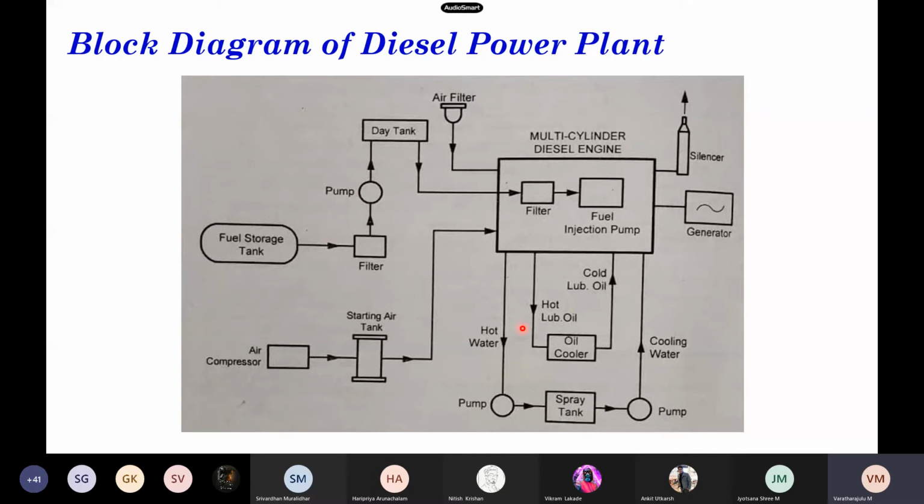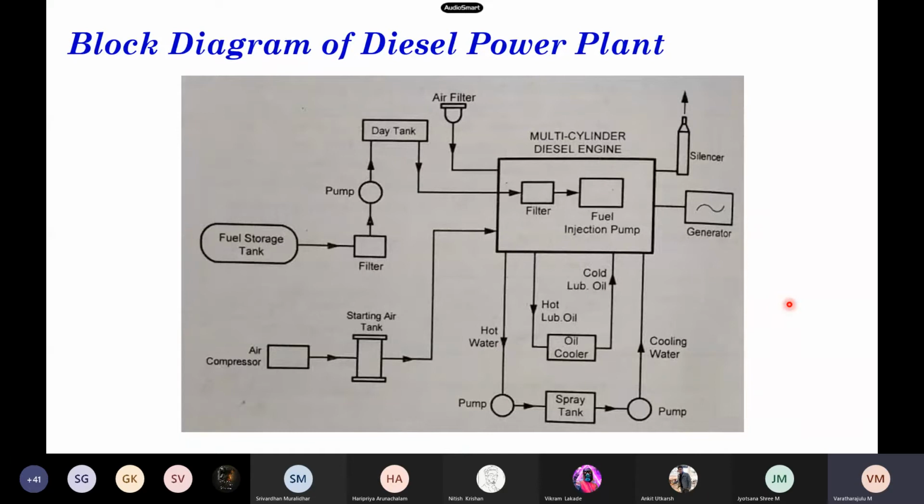And the efficiency: diesel plants operate at higher overall efficiency than steam power plants, skilled labor is not required, and the diesel plant is more reliable compared to other plants. And when we have the advantages, it also has adverse features, that is, equally it has disadvantages. That is, the plant capacity is limited to 50 megawatts, and the fuel cost is more expensive when compared with